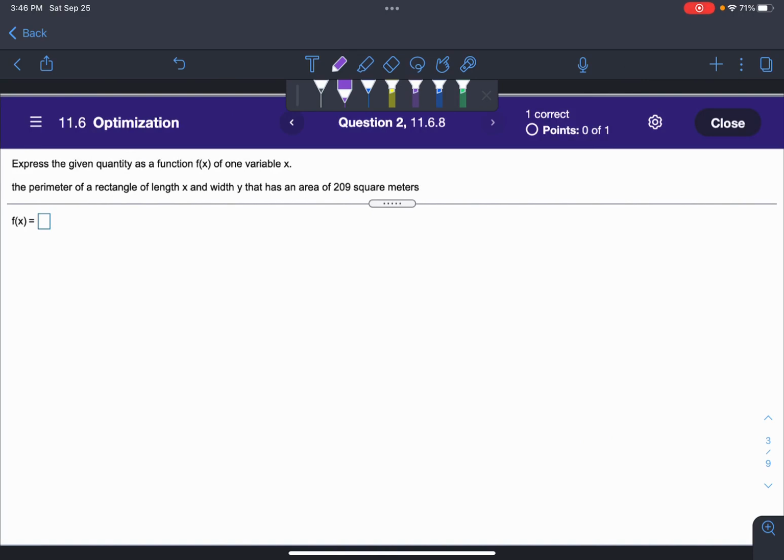Right. Now we have a rectangle. It has a length of x and a width of y. We know that its area is 209 square meters, and the area of a rectangle is x times y. So we know that x times y is 209. And we want f to be our perimeter